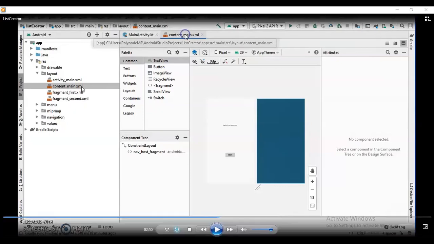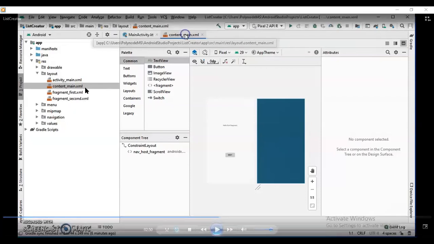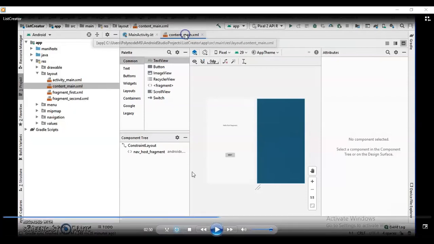For this project we will be managing the look and feel of the application through content_main.xml. If you expand this screen, you can see that a navigation host fragment has been automatically added in this content_main.xml file, which is currently open in the design view.